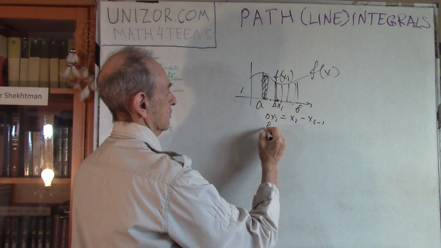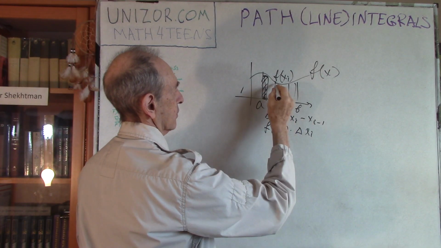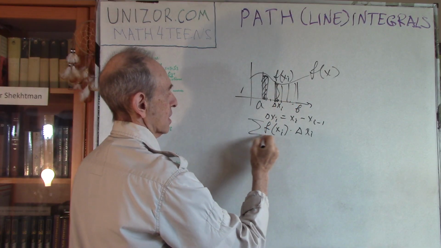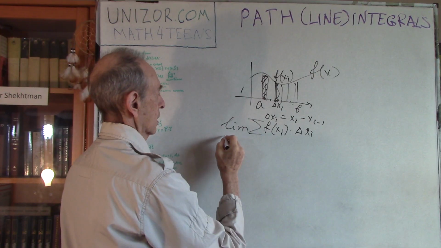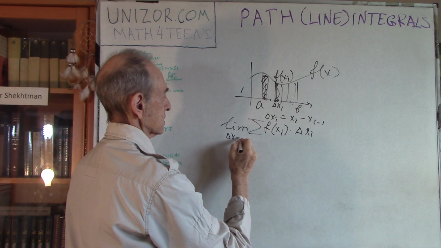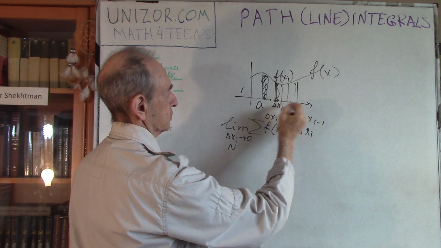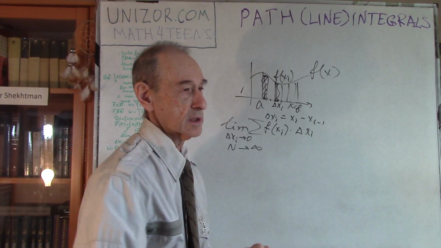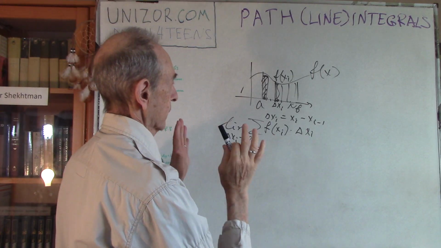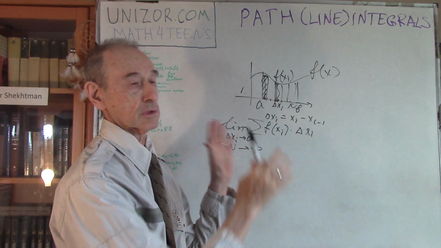So then we have to multiply by delta xi, that's the area of this little thing, then summarize it, and then have the limit when all the delta xi goes to 0 and the number of intervals goes to infinity. So that's basically the definition of this integral of a regular function